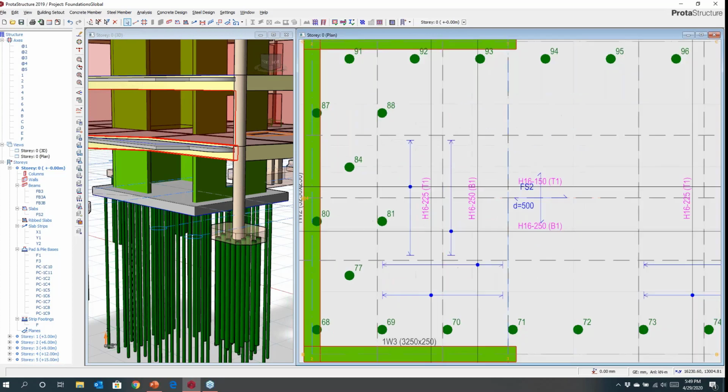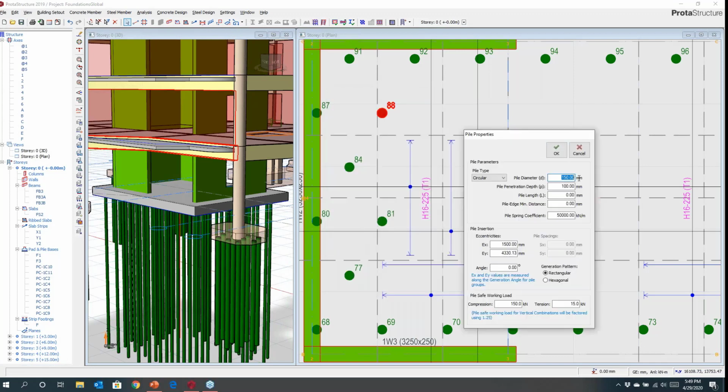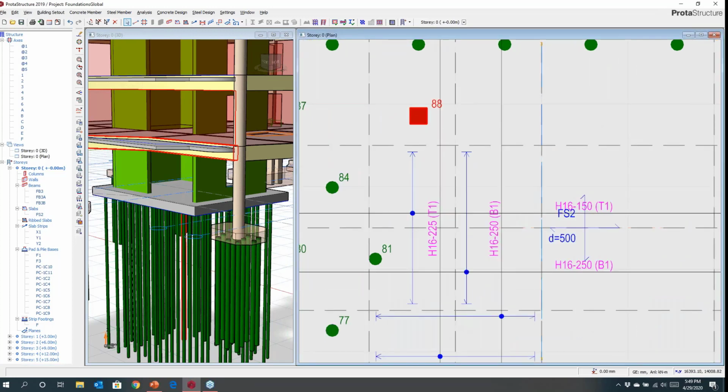I can then come and play with a custom arrangement of piles here. And these are all editable, so all the properties here you can manipulate to suit your requirements. So if I need a bigger pile, maybe it's a square pile, I want to move it around and maybe increase the capacities, that type of thing can all be done here, and you can just adapt this to suit